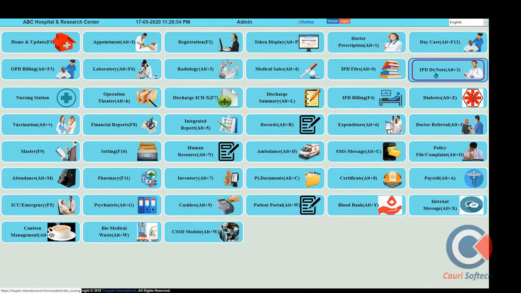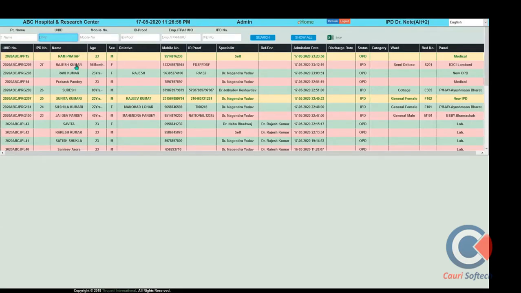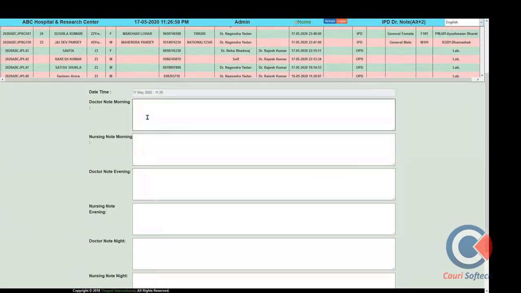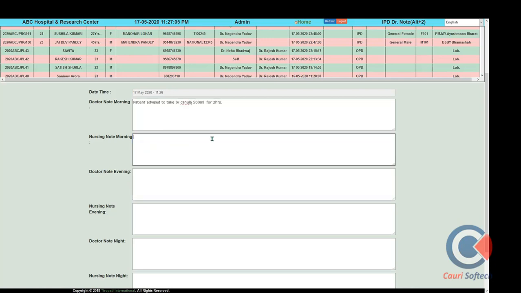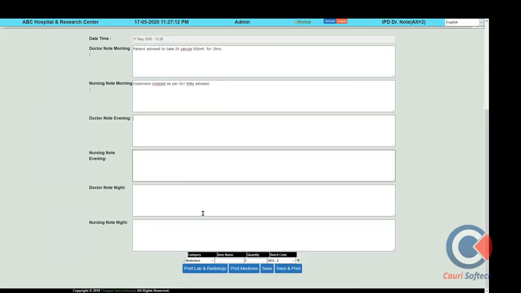The next one is the IPD doctor notes. When doctors come on duty time to visit an indoor admitted patient, they advise some instructions to the patient. So this is where we can enter the instructions. The nurses also mark the treatment according to the RMO, the resident medical officer, who advises the treatment, and they follow the treatment entry. If any investigation is advised, that investigation or those services we can put here, and the doctor can mark this entry. If any medicine is advised, that medicine can also be entered, and in this way they can put the quantity, and this medicine request will be generated.